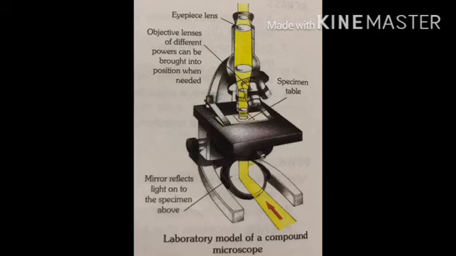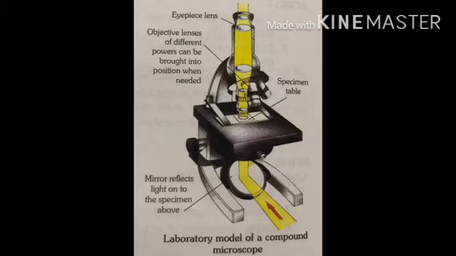The simplest microscope is a magnifying glass. A magnifying glass is also called a simple microscope. Magnification of a simple microscope may be around 10 to 25. With the help of a simple microscope, we can see things, but very small structures may not be seen clearly. So we have to use the compound microscope to magnify the object about 5,000 times, which can be seen in a good quality compound microscope.